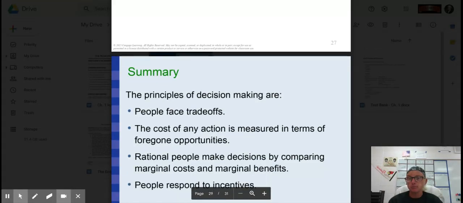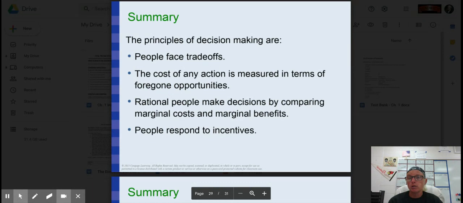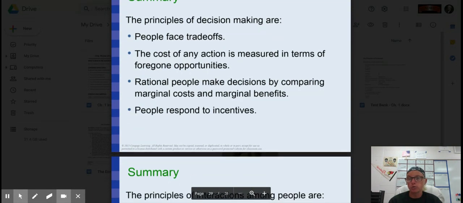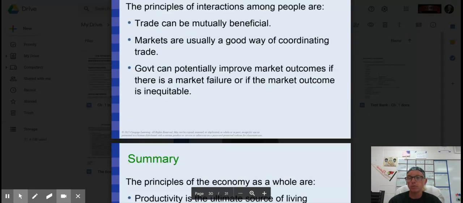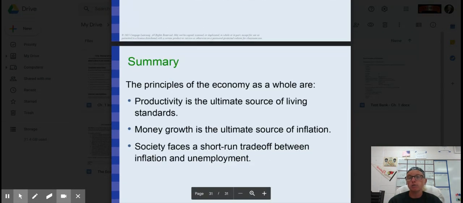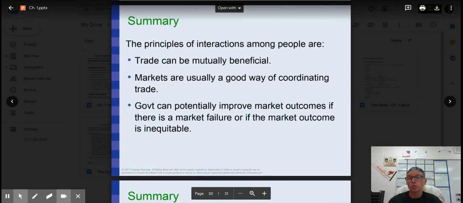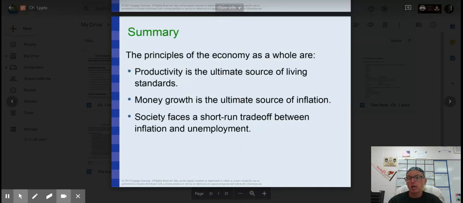All right. So in summary, the principles of decision making are, as we saw, the first four, here are the next three, and the last three. And they're divided according to those three categories. Okay, I know this was a long one. It's usually not this long, but I just wanted to go over all this at the same time.